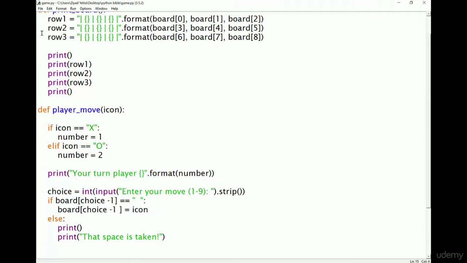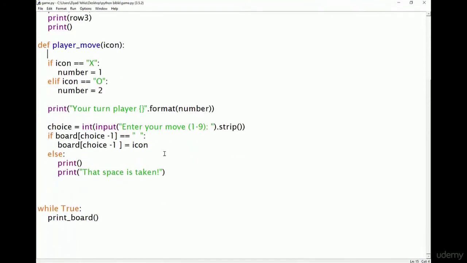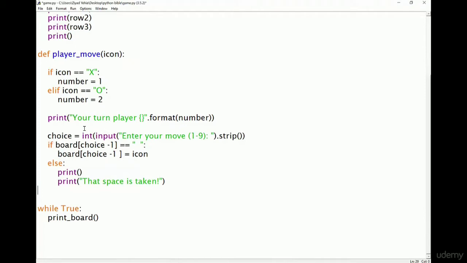So let's run this. Okay, actually no, let's not run it just yet. First, what we need to do is in here, when we've printed the board, we're going to say player move X. Then we're going to print the board to show what happened, and then we're going to do player move for the O. Now when we run this,